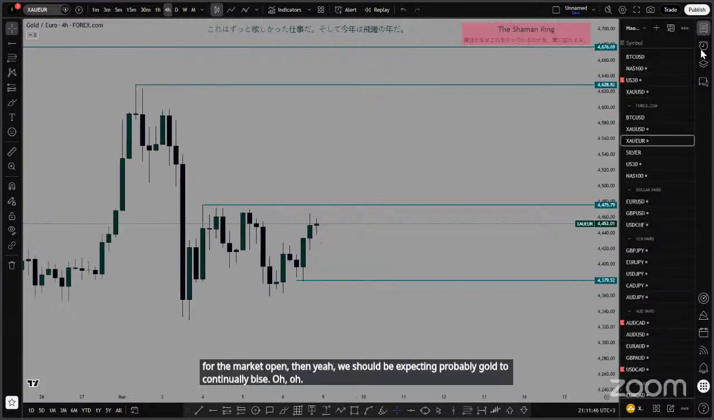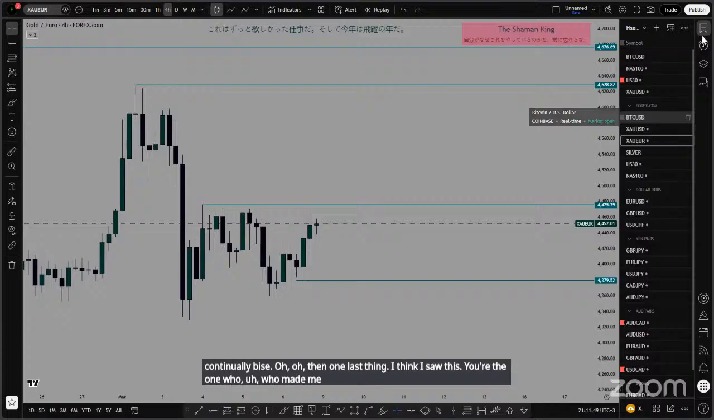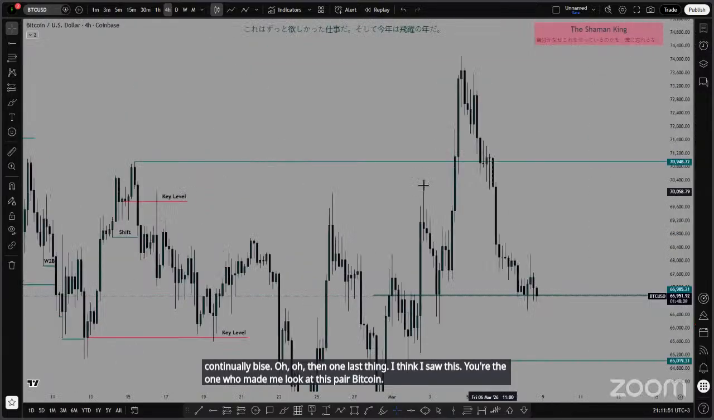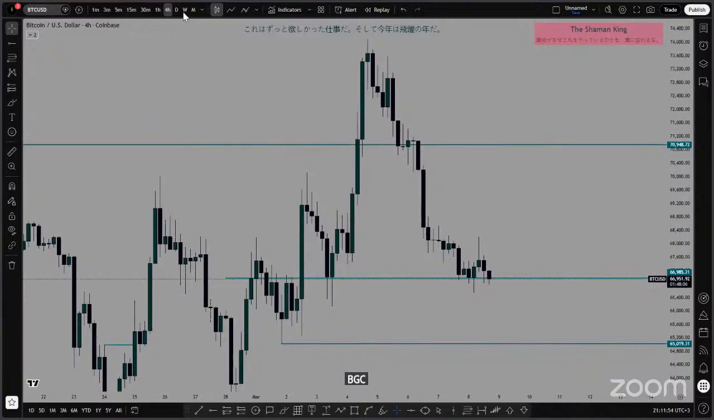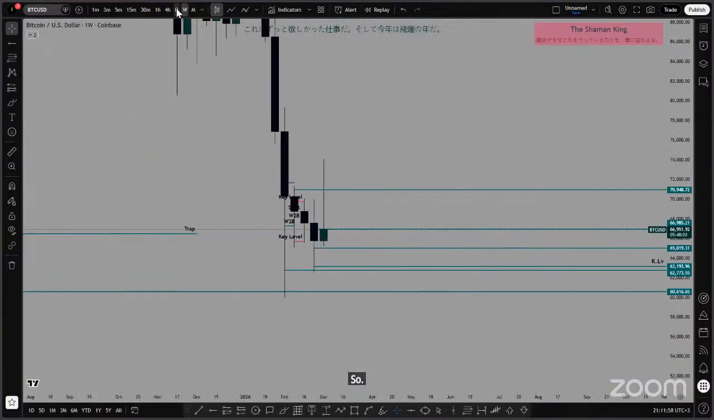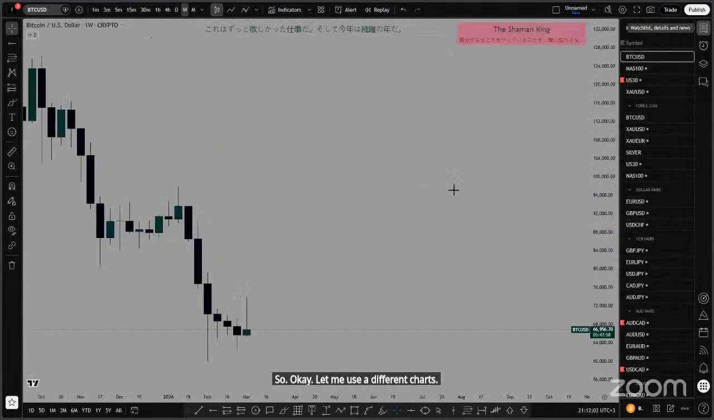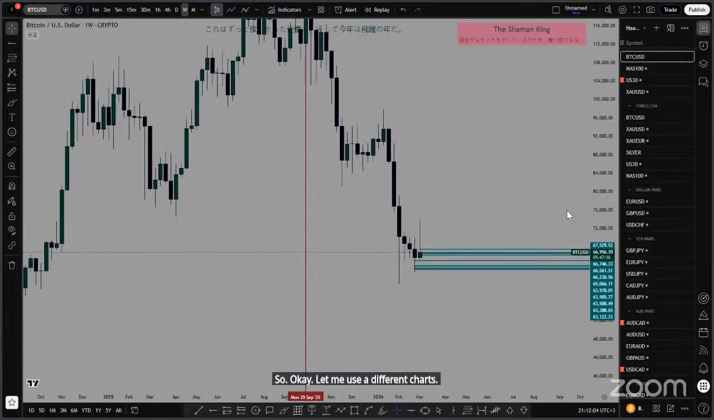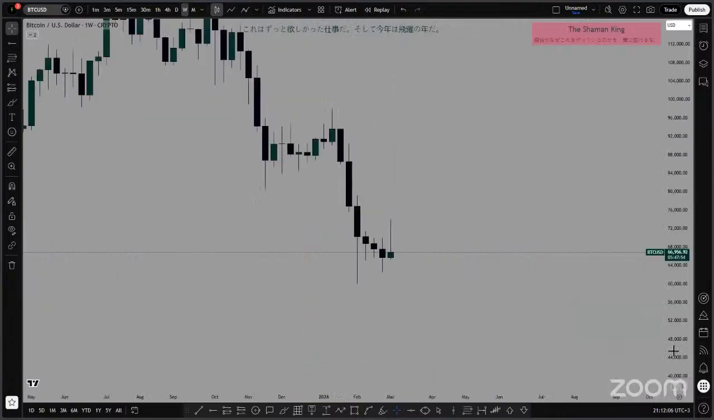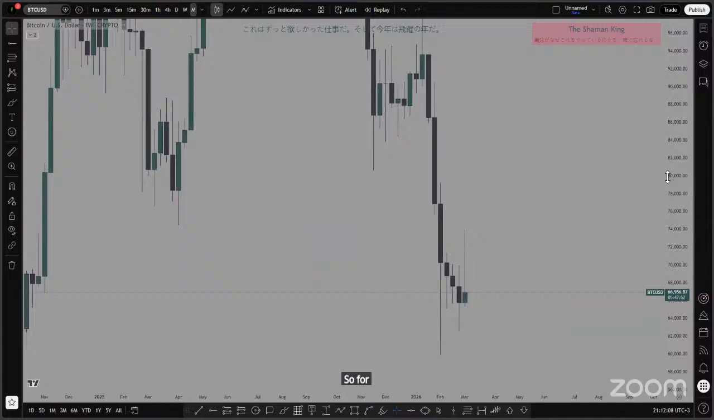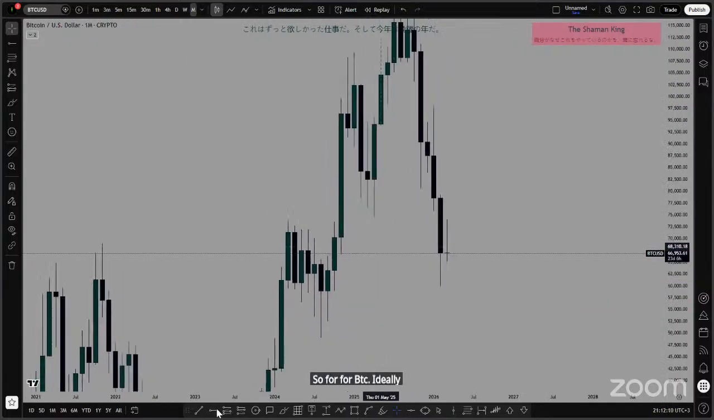Then one last pair. I think I saw this. You're the one, Basuiti, who made me look at this pair, Bitcoin, BTC. I was just checking it at the moment. Okay, let me use a different chart. So for BTC, ideally based on the structure,